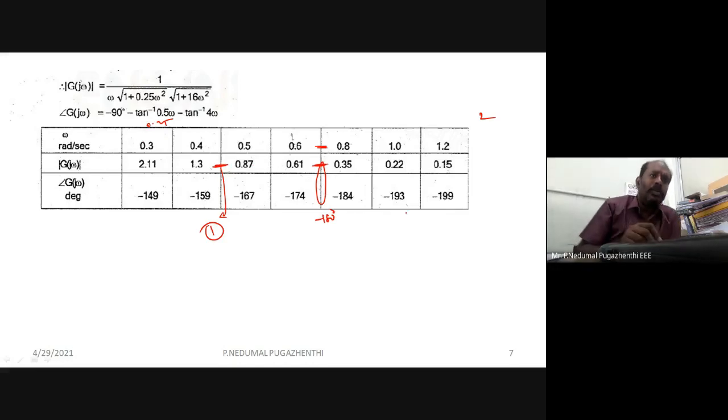So any doubts so far from this particular problem? Any doubts here? What I have done is the same. I have not entered into the cases. Only if you enter into the cases, we have a lot of things to discuss. Before that, everything seems to be the same.